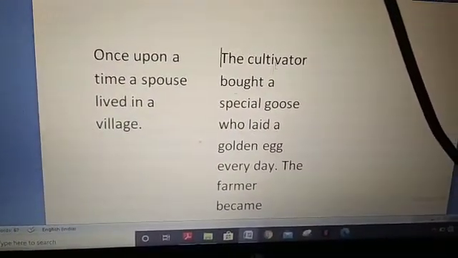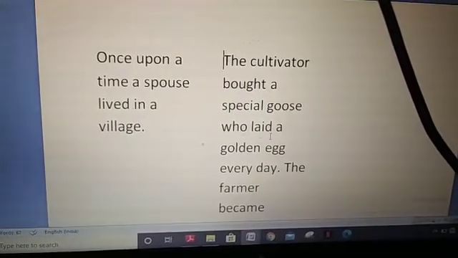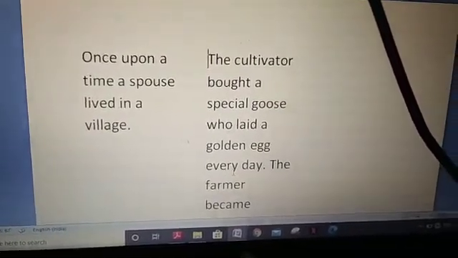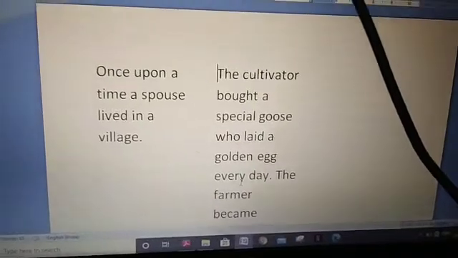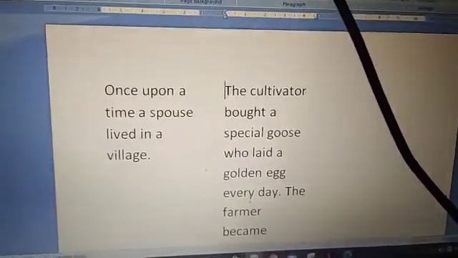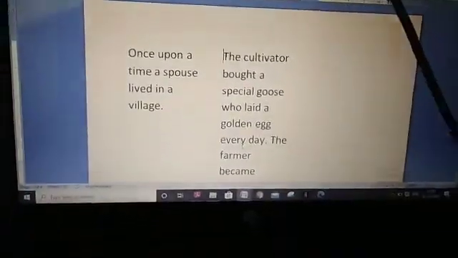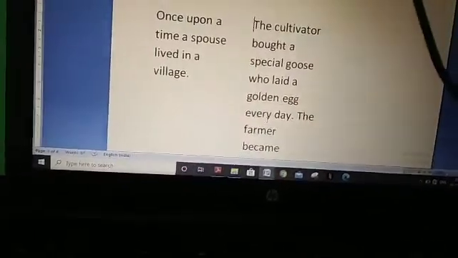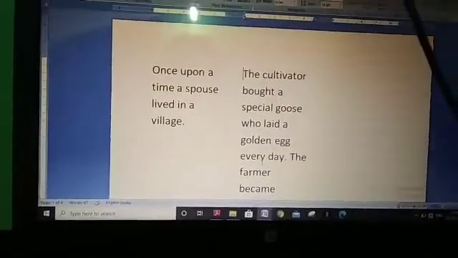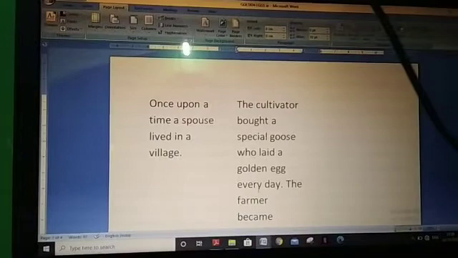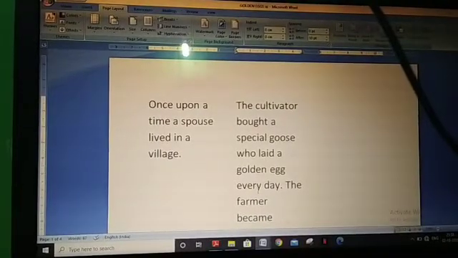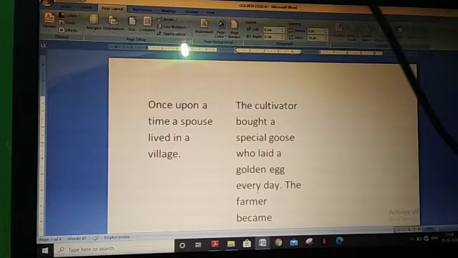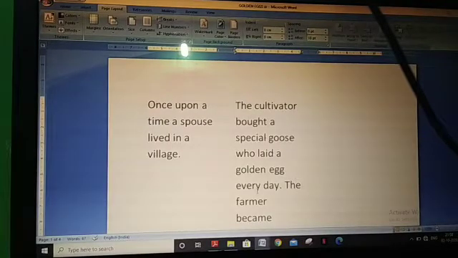The cultivator bought a special goose who laid a golden egg every day. Okay, so this way we can give column breaks. Understood? Column break. The text you want to shift to the next column, you have to click first from where you want to start a new column.